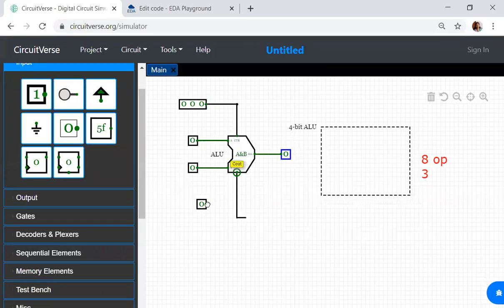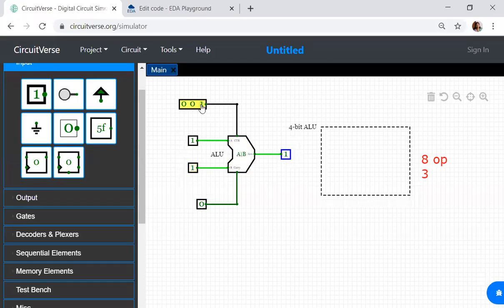Now when the control line is 0 0 0, the ALU is performing A and B. 0 and 0 will be 0. 1 and 0 is 0 again. Suppose if I give 1 and 1, what happens? The output is 1. So you can see that the bit value has changed to 1.